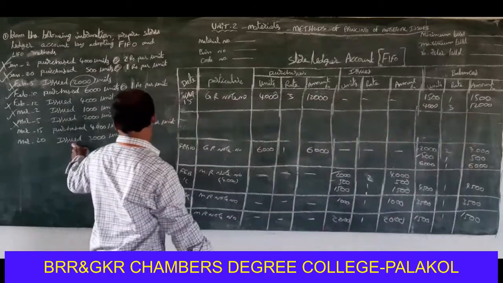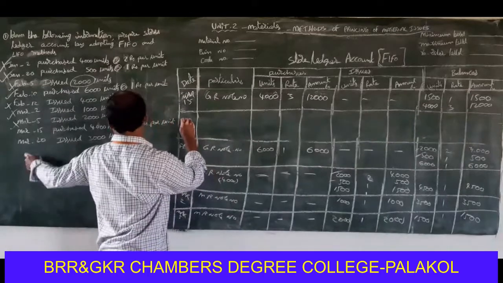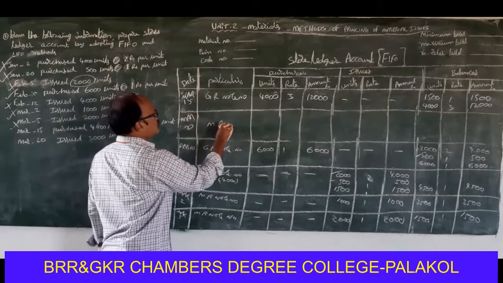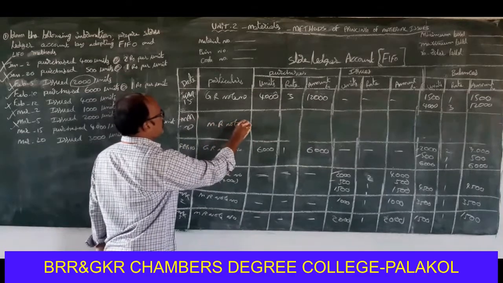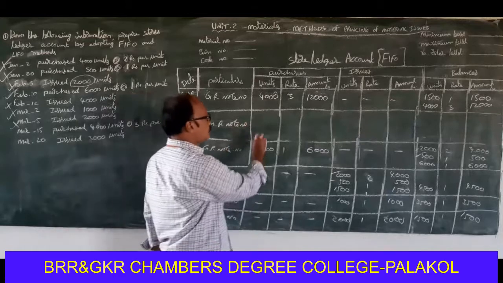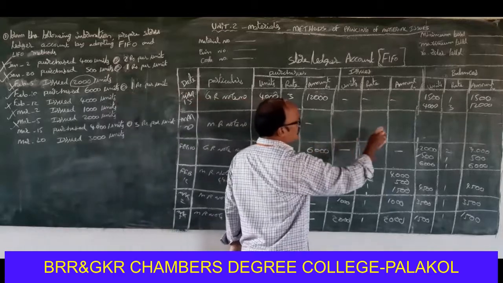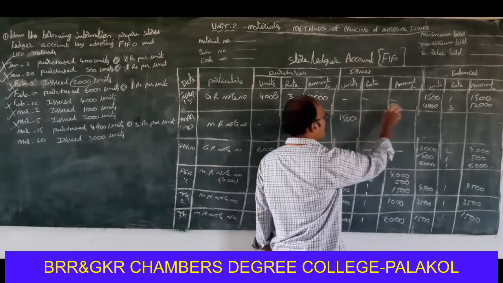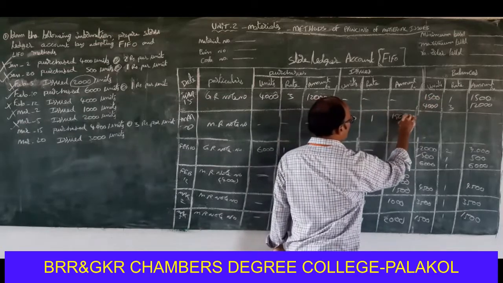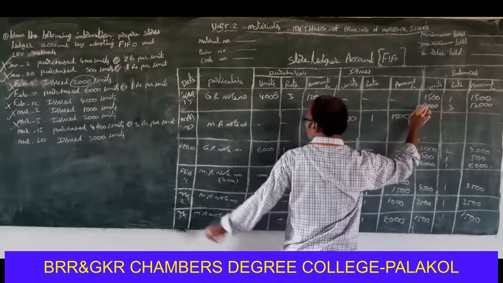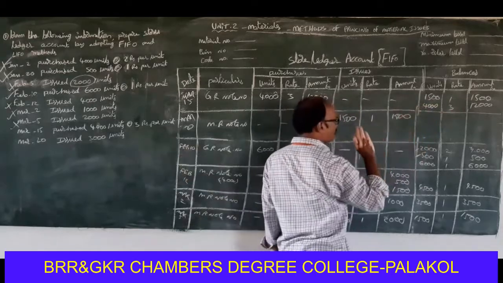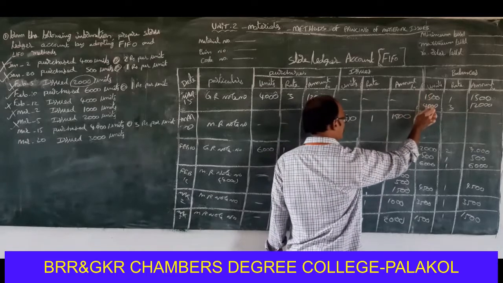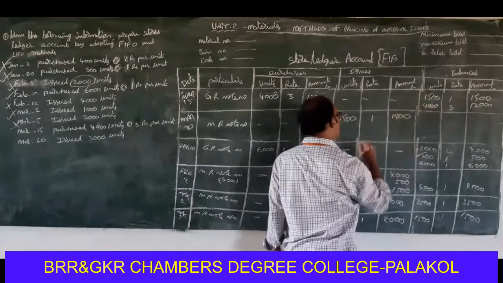Okay. Next one, issued 3,000 units on March 20th. March 20th, issued 3,000 units. Material requisition note number. How many units wanted to issue? 3,000 units. One is 1,500 units we received first, that's why first in first out method. 1,500 units into 1, 1,500. Then how many units totally wanted? 3,000 units. That's why first 1,500 units released first, then from this the remaining 1,500 units released from this.